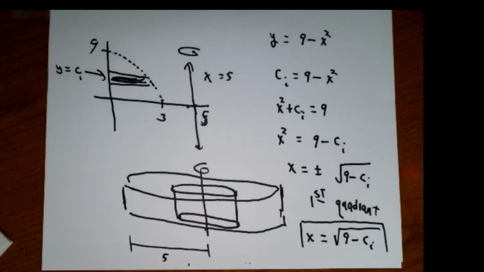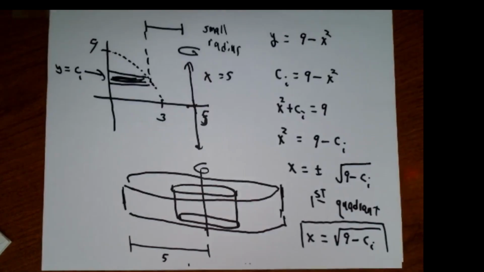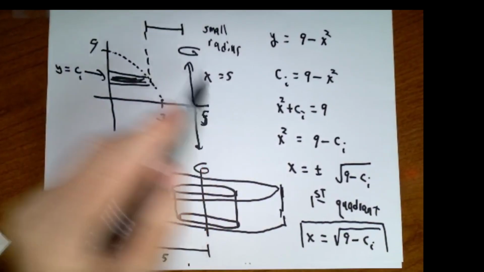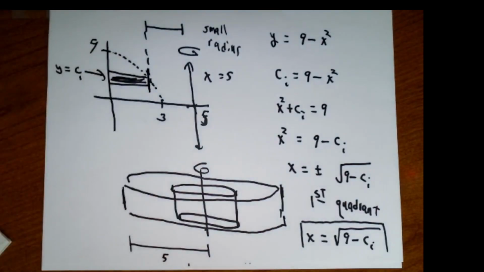This is not a big problem, though. If y is equal to ci, and we're on the graph of the parabola y equals 9 minus x squared, ci must be 9 minus x squared, and it's very direct to figure out that x must be plus or minus radical 9 minus ci. Since we're in the first quadrant, we don't want any negative coordinates, so the relevant x here is the square root of 9 minus ci. The small radius is the horizontal distance from x equals 5 to x equals that, where that is the square root